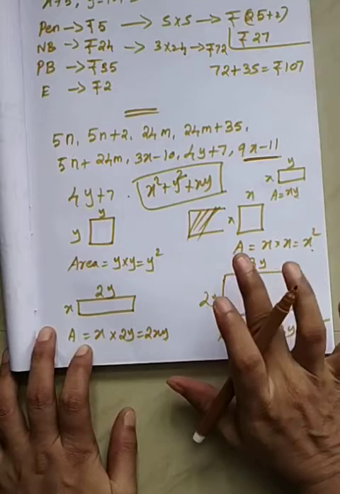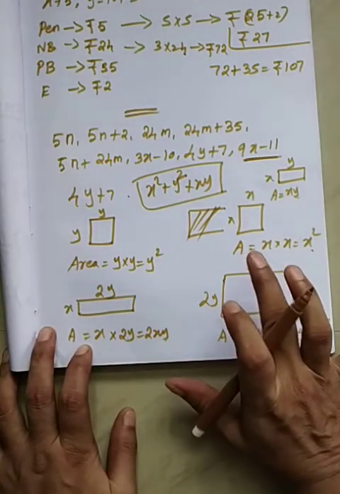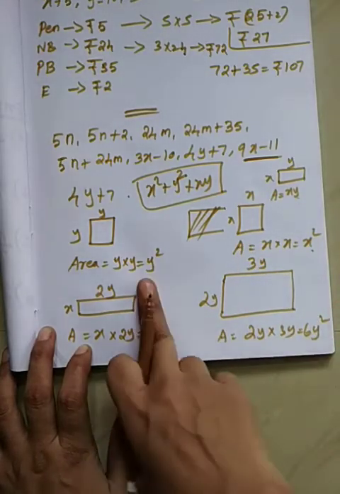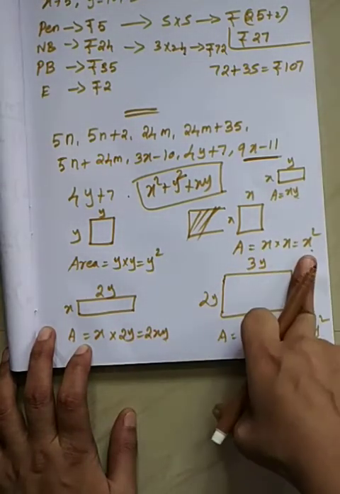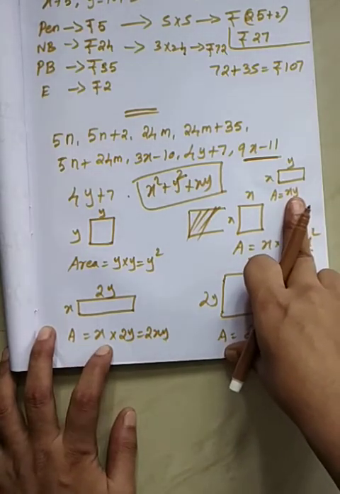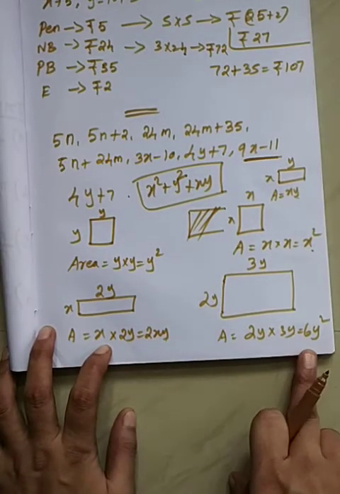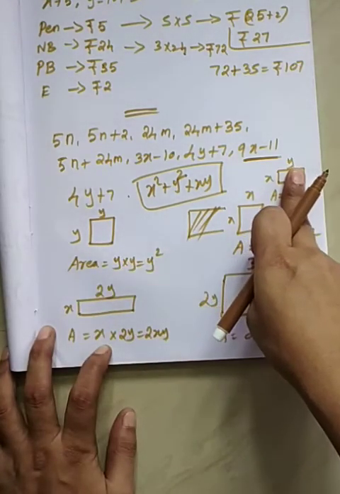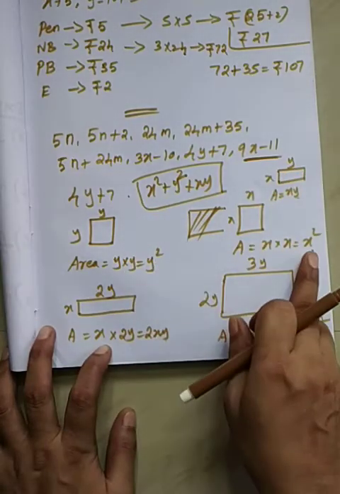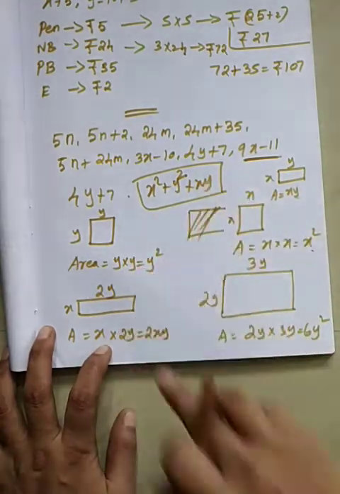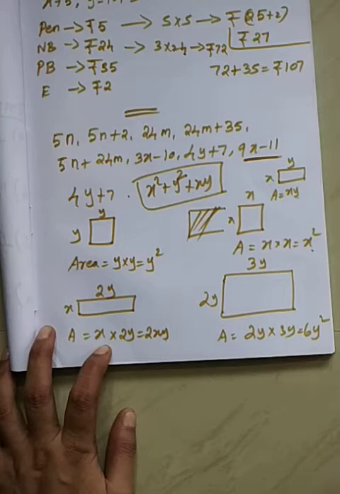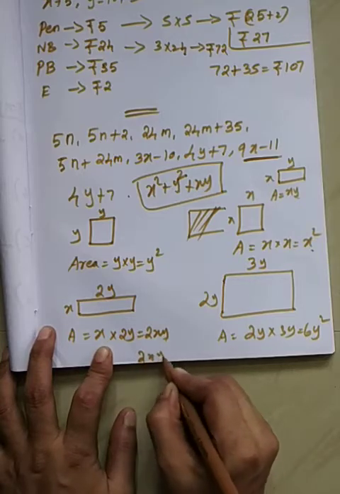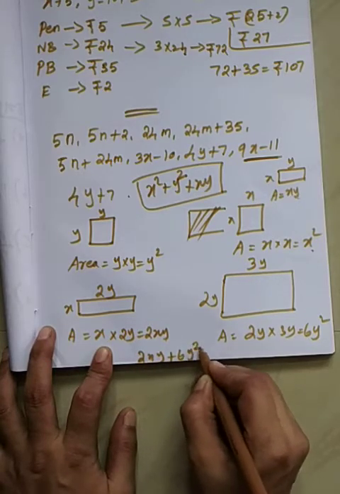Everybody clear this one? See here, the areas of the squares and the rectangles are y squared, x squared, xy, 2xy and then 6y squared. The total area of these three figures is given by the expression x squared plus y squared plus xy. Okay, and then the total area of these two figures is given by the expression 2xy plus 6y squared. Okay,